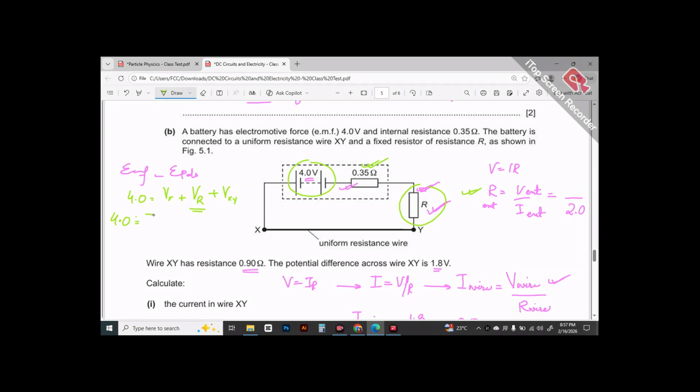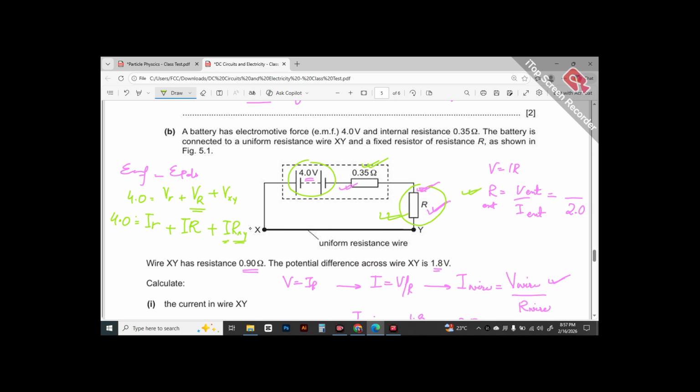Voltage across internal resistor would be the product of current passing through internal resistor times the resistance of internal resistor. And likewise, the voltage drop across external resistor is going to be the product of current passing through the external resistor, which is going to be the same because ये सब series में लगे हुए हैं. No need to change the symbol, times the resistance of this external resistor, plus the voltage drop across this external wire. इस external wire के लिए भी मैं ऐसे ही लिखती, current passing through the external wire times the resistance of external wire. And ये दोनों values x y तो हमें already given था